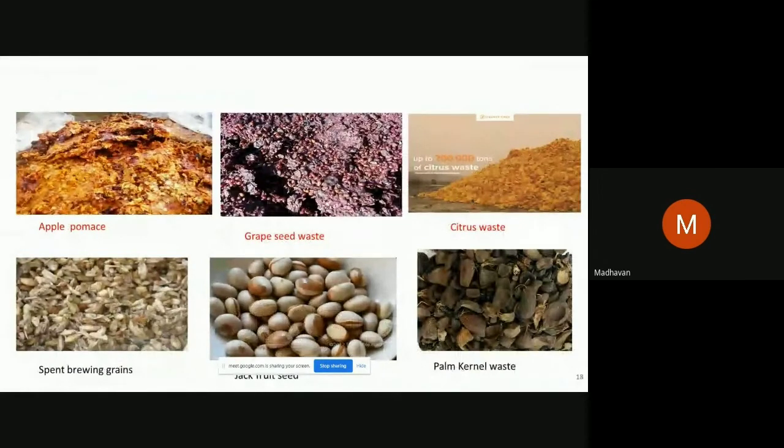And again fruit waste, vegetable waste, apple pomace, grape seed waste, citrus waste, and many seed wastes, spent brewing grain after beer or barley, whatever comes out. And jackfruit seed, palm kernel cake. These are all substrates available in plenty, which can be a good source for value addition,